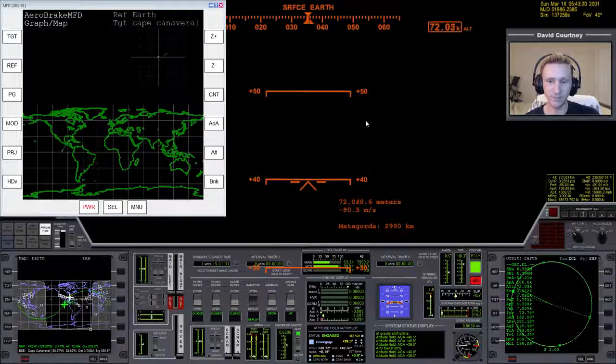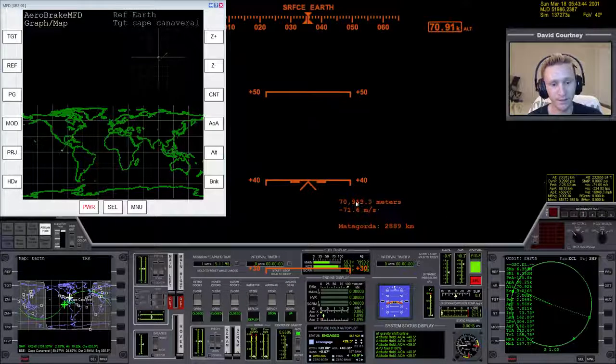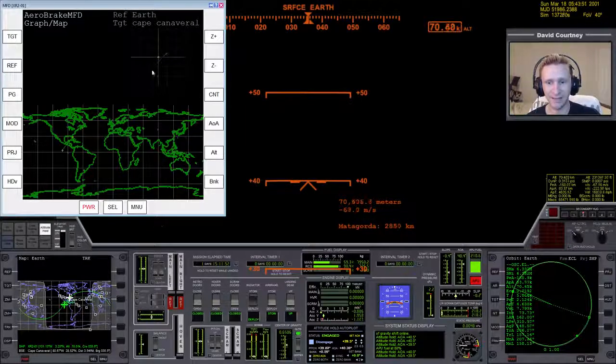And that's going to be done just by banking the vessel. And since we're coming up out of the south, we need to be banking the vessel a bit to the north. So according to our surface HUD here, we can see that banking to the north would be a bit of a left turn. Now currently we're too high. We're still at 70 kilometers, so we're too high to get any appreciable difference just by banking, but we can put in a little bit of bank